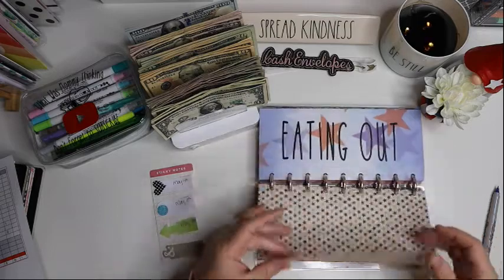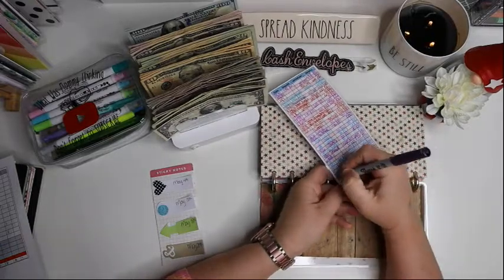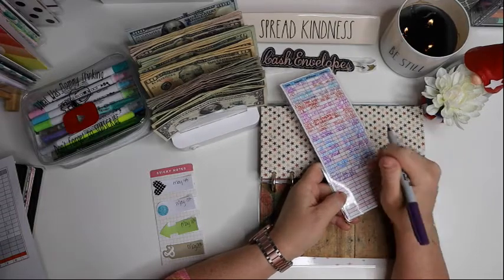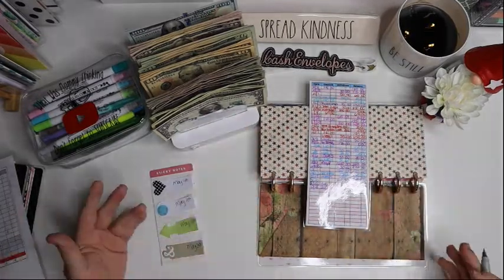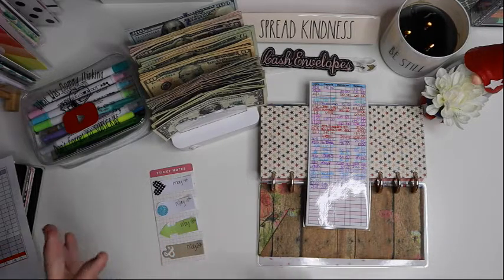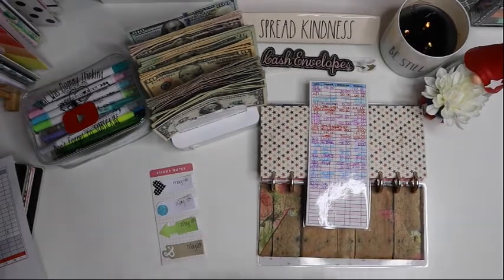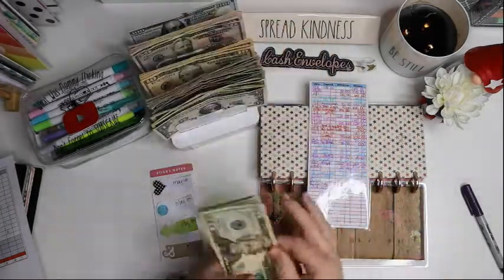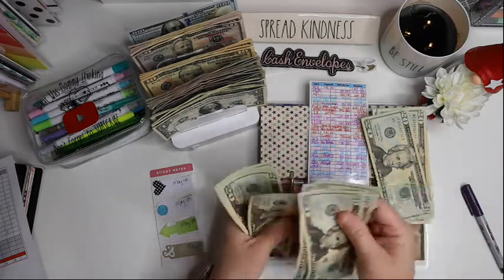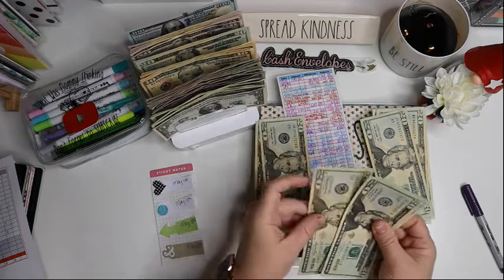All right, for the gas money in this envelope, we are going to be putting $200. I make that sound like a game show every time I say that, don't I? $200. All right, so the $200 that we're going to be putting in here, I got in 10 20s. And the reason that I did that is because the goal is for us to have $100 left over at the end of the month. And that means that my gas, so here, let's pull those 10 out. 20, 40, 60, 81, 20, 40, 60, 82. So to pull those 10 out, and I'm going to give myself,